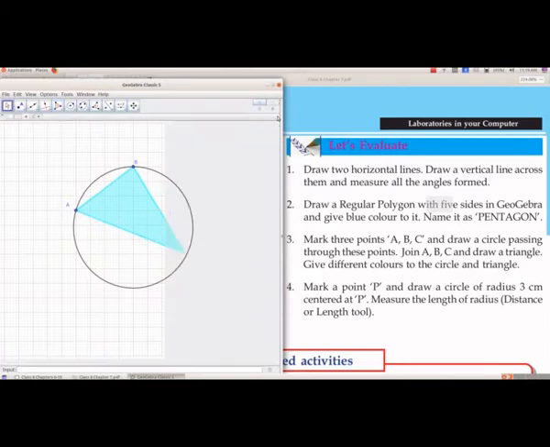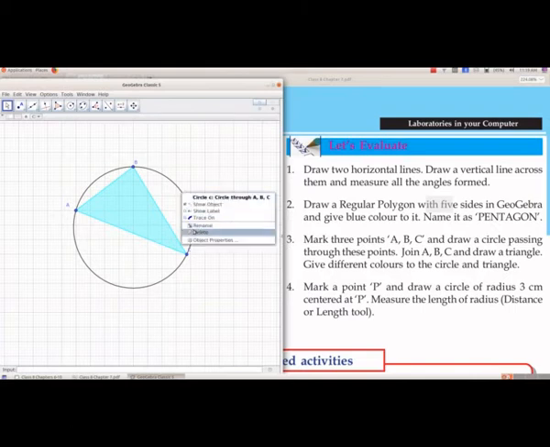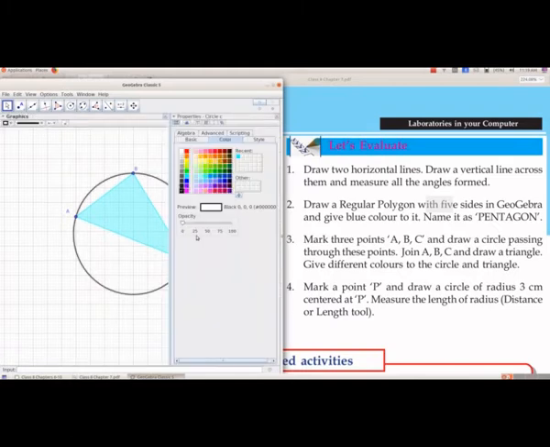And again we will select the circle, right click, object properties, and again we will select another color. So we will move the mouse, and we will give an opacity.